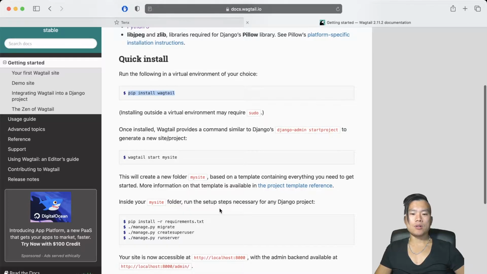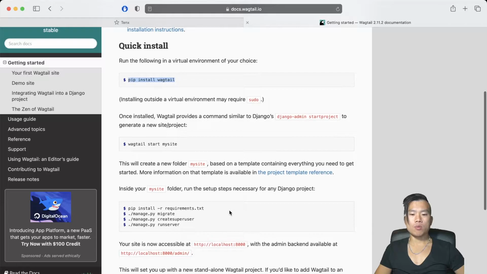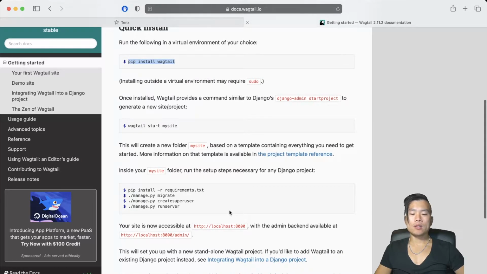Inside the mysite folder, run the setup steps necessary for any Django project. Apparently it will migrate the database structure, create a superuser and run the server, and then I will be able to access my Wagtail blog with the URL http://localhost:8000, with the backend available at the same URL with /admin at the end.